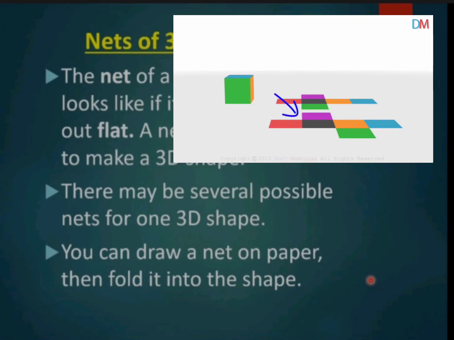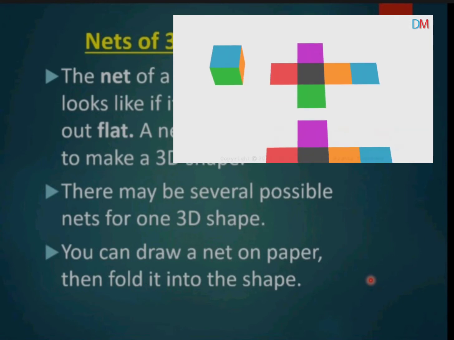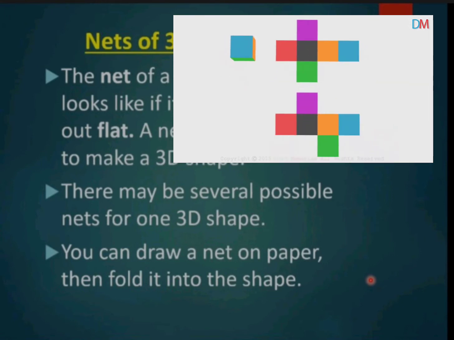It's clearly different from the earlier one. To know how it's different, let's look at the top view. The top view will look like this. So drawing the net of a solid may result in different figures. It doesn't have to be the same. I'm sure you have understood the concept of a net by now.